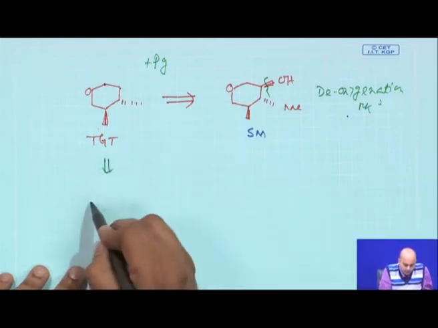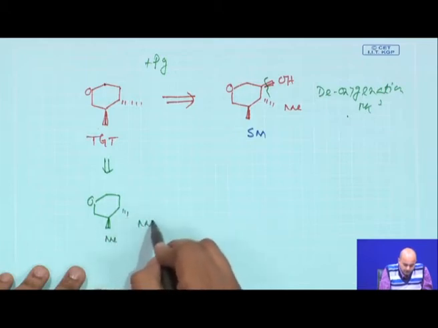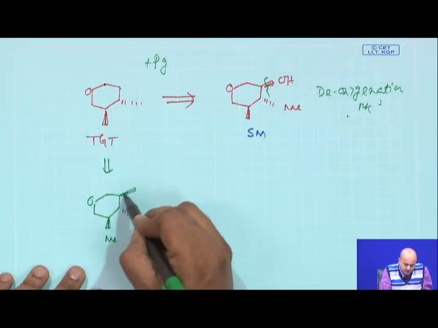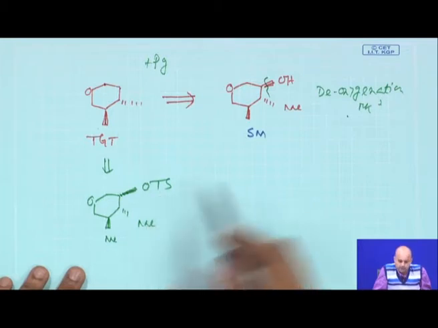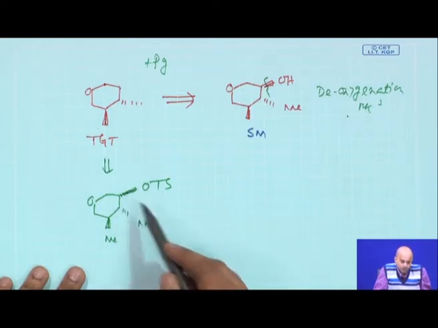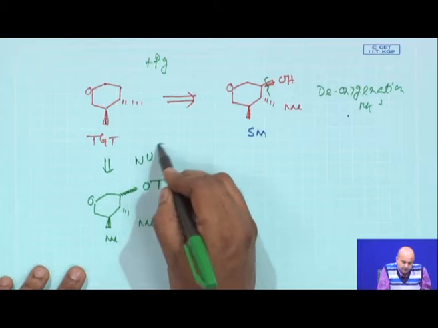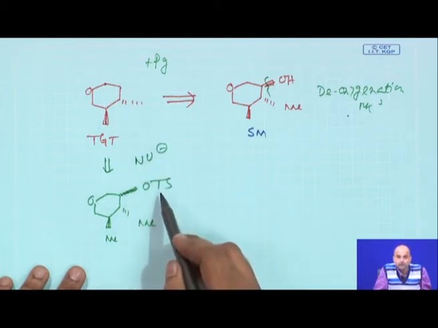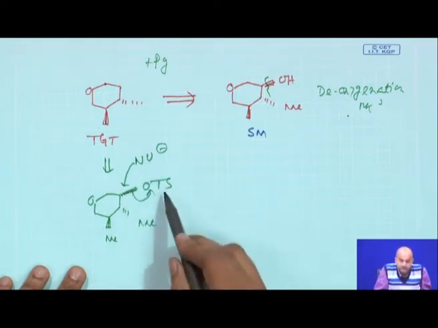The retro now will be based on a very conventional and classical retro. We will try to bring some functionality here based on this alcohol. OTs, O-tosyl, tosyl is a very good leaving group, fine, and you can replace this OTs through a suitable nucleophile. Here, as I said, it may undergo a nucleophilic displacement reaction. Now, if you bring some nucleophile here, it goes up, it is a very good leaving group.